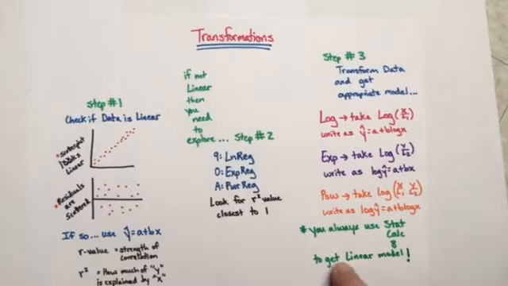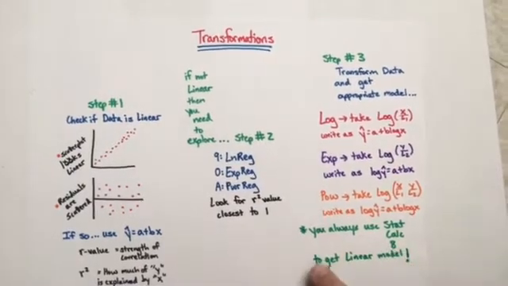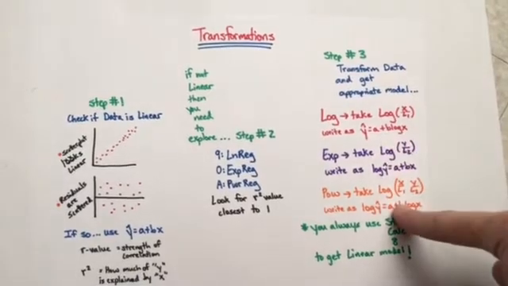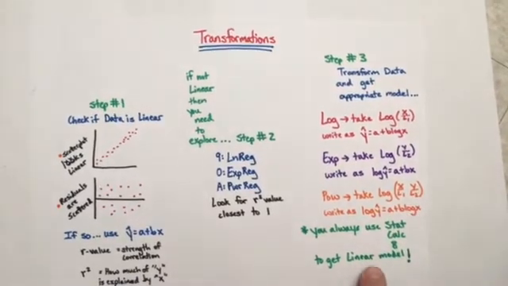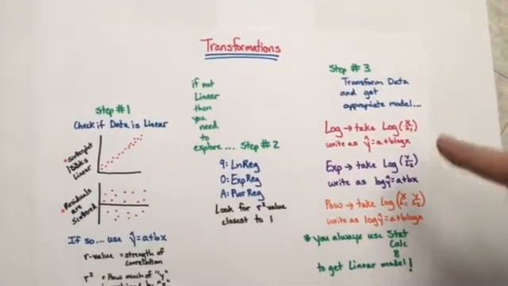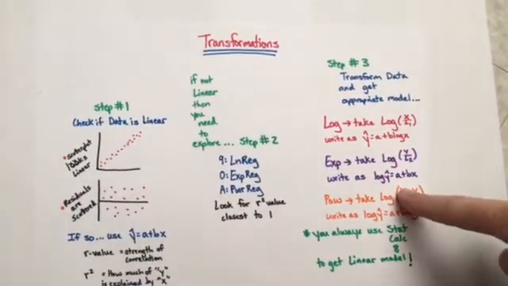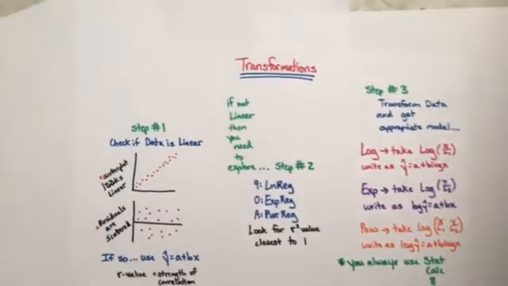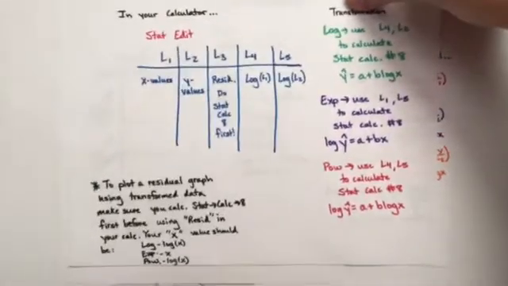But remember, you always use stat calc 8 to get a least squares regression model. It's just that you might be using some transformed data to enter in there because L1 and L2 needed to be re-expressed. So keep in mind what you were doing, but then you're still using a linear model in the end. So I've tried to organize that on another page so you could take a look at what happens in